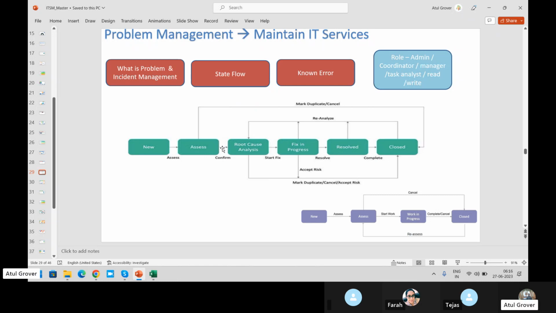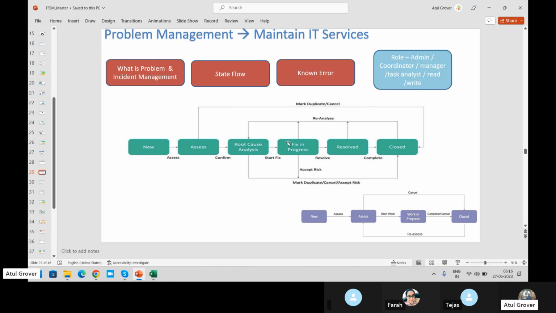Now in the problem record, we have mainly six stages: New, Assess, Root Cause, Fix, Resolve, and Close. I'm talking about this, don't put your eyes on the rest, understand this. Now, what happened?